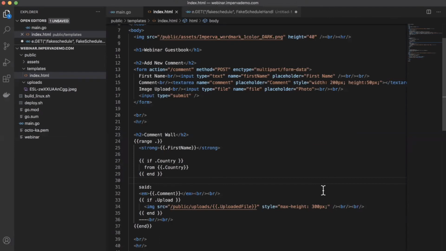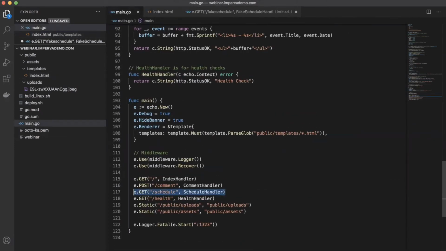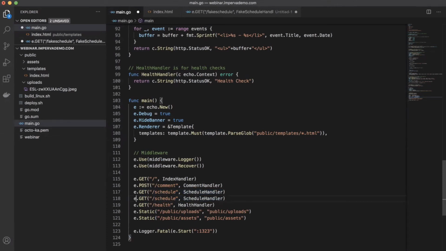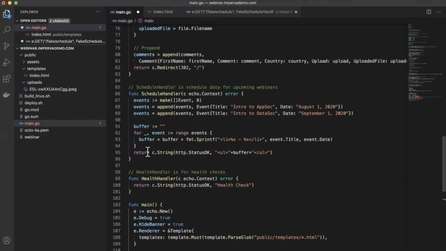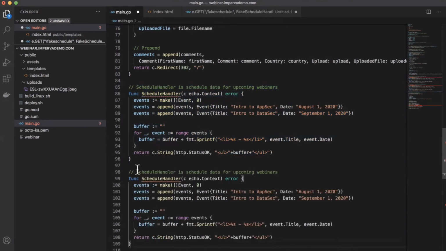So for that, let's go back to localhost. I'm going to go back to my screen over here. And what we want to do is set a fake route. Let's call it fake schedule. And let's make a new handler, fake schedule handler. So sorry, Chris, this is totally going to be fake stuff. Don't want to salt the work that you're doing here. So intro to nothing, intro to something, never first and always first, right? So really straightforward. We didn't make any changes to the front end. We're just making a change to the back end over here.